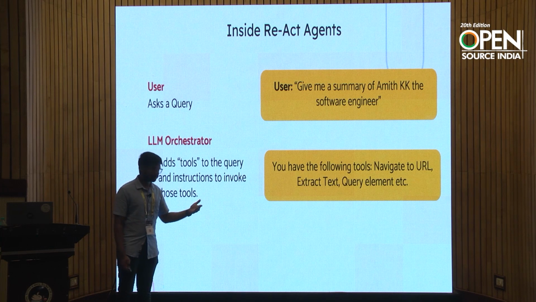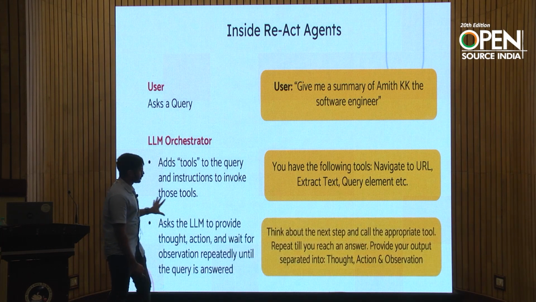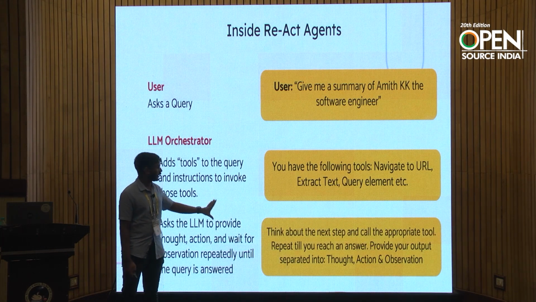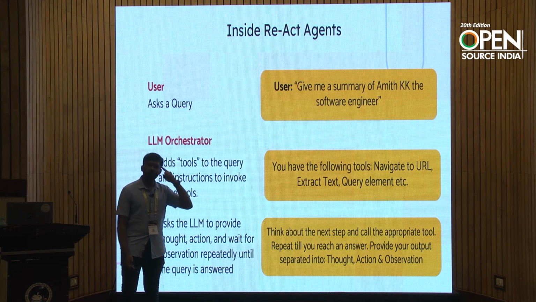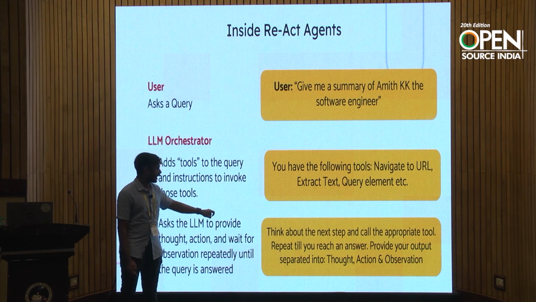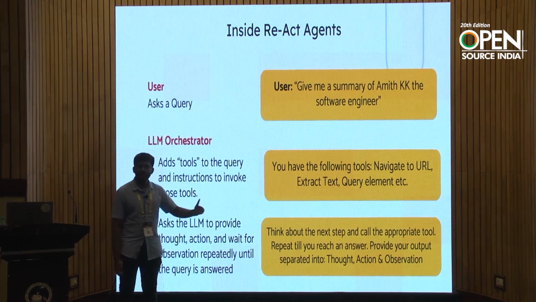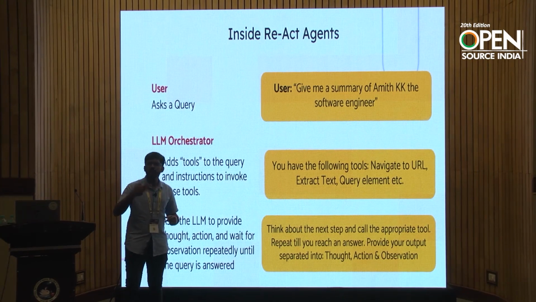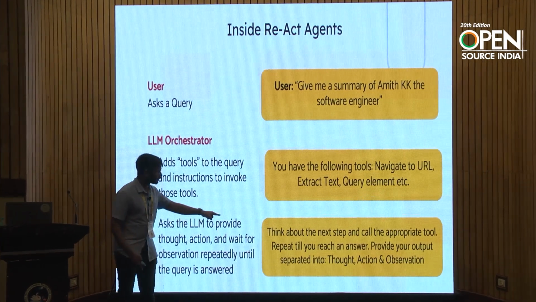What are the arguments, etc. Now, it also gives it the React prompt, which is to say that think about the next step. Don't answer, think. First, use that scratchpad to think. This is an extension of chain of thought reasoning. Repeat this thinking until you find an answer, and each time you do a thinking step, output in this format: